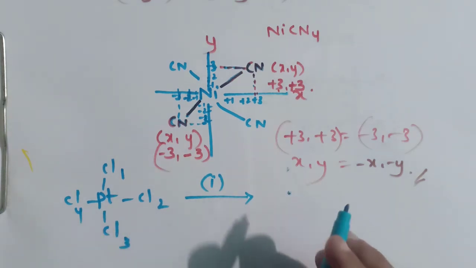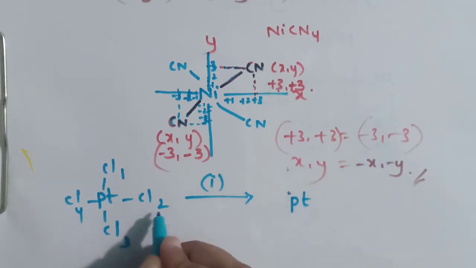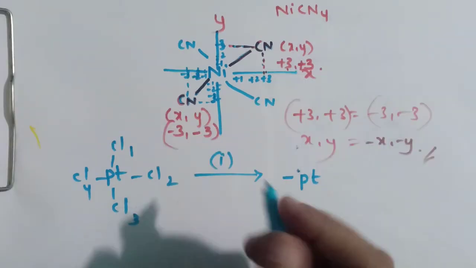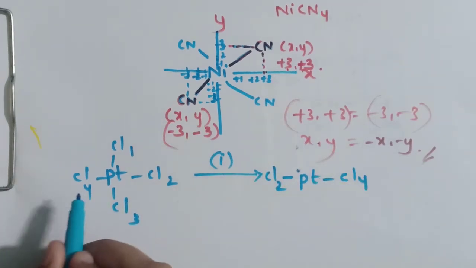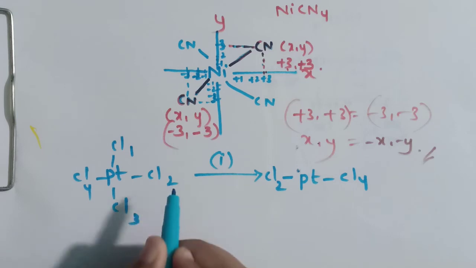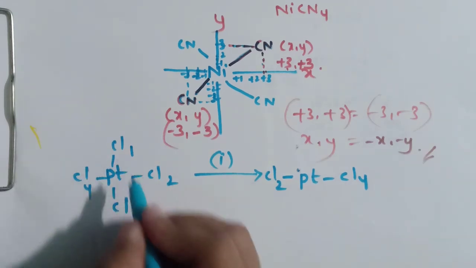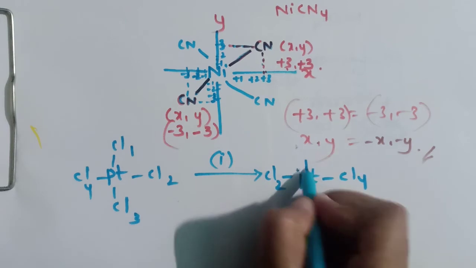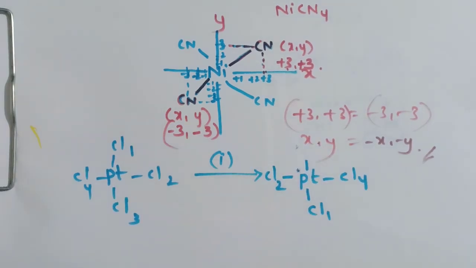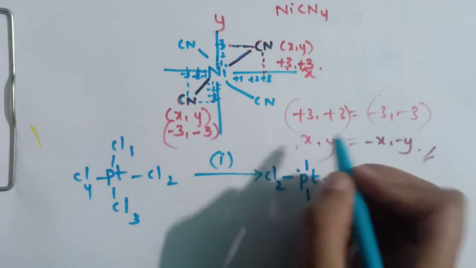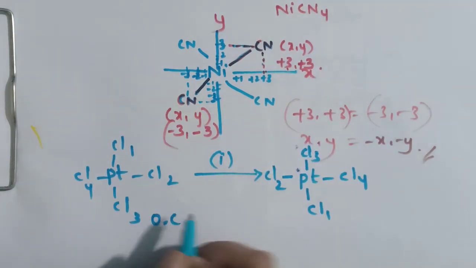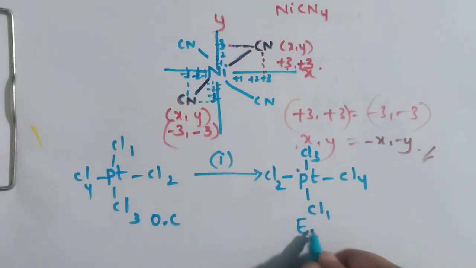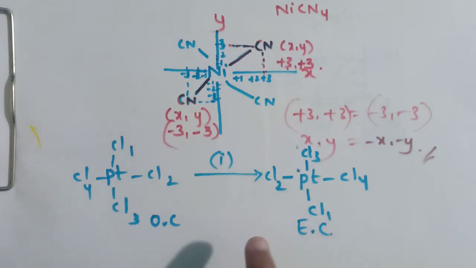Here inversion is carried out, so Pt stays and this Cl2 is coming here and this Cl4 on this side. This is on the left side and it comes to the right side, and this is on the right side and it comes to the left side, and this top atom will come to the bottom side and it becomes Cl1 here, and this will go to the upper side, so it is Cl3. So it is the original configuration and this is the equivalent configuration. See here, these two are similar to each other.